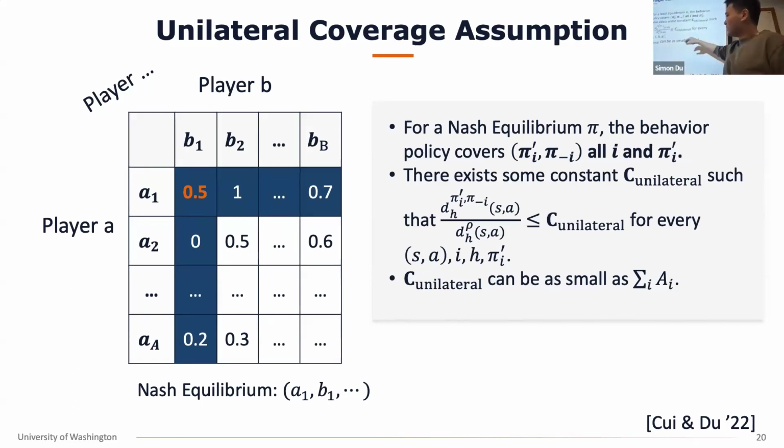The problem in general sum game is that this is a kind of high dimensional tensor, right? So if you uniformly sample from all the actions, then each cell will have exponentially small probability. So it is possible that the C unilateral is exponentially large. That's definitely possible, and our bound will also scale with C unilateral. So it does not violate the exponential lower bound in learning a Nash equilibrium in general sum games. If you have a query complexity, there's an exponential lower bound.